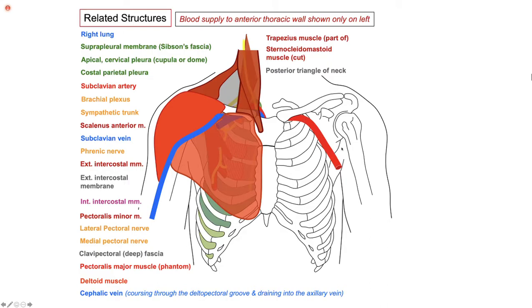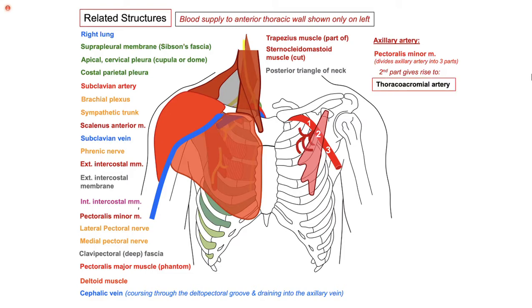It has entered the axillary region. And then this pectoralis minor was dividing it into three parts. 1, 2, and 3. And then from the second part, we have these branches. We know there are so many branches. So this is the thoracoacromial artery. It supplies here, and then something goes laterally, the lateral thoracic artery. And then there's a nerve which is going down along with the lateral thoracic artery. So this is my long thoracic nerve. We learned that this nerve was controlling the serratus anterior muscle, winging of scapulae.